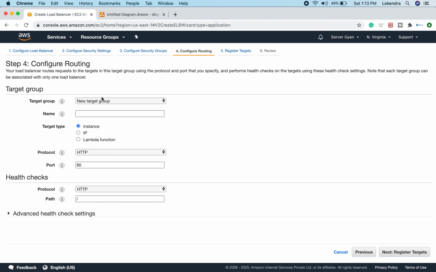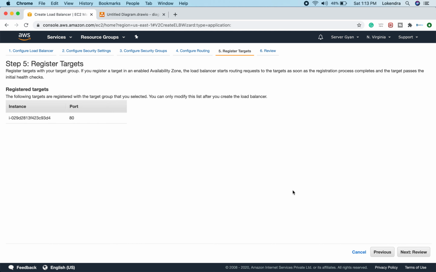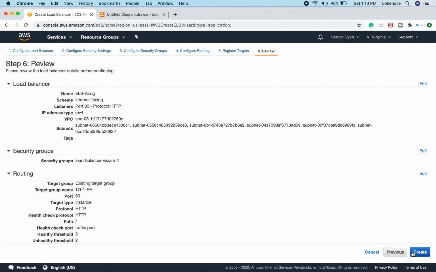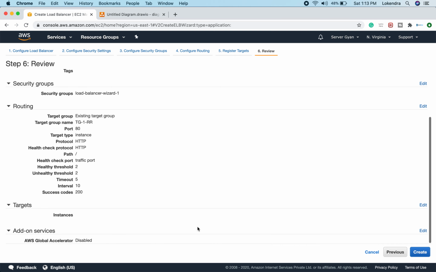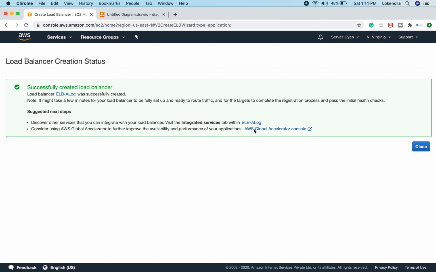Obviously we are going to have an existing target group we will select, so we can select any target group here. So this is going to be default, and additional health check settings, if we want we can configure. Now register targets. So targets are registered, one instance running on port 80, and these are the details of my load balancer. I can check out here, and that is it. It means it is created. Fine, that is created now.